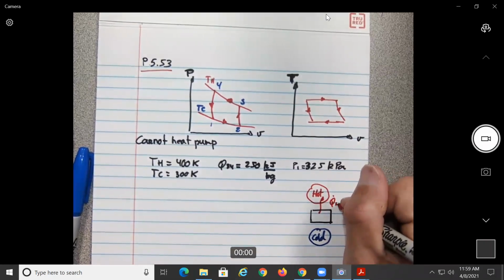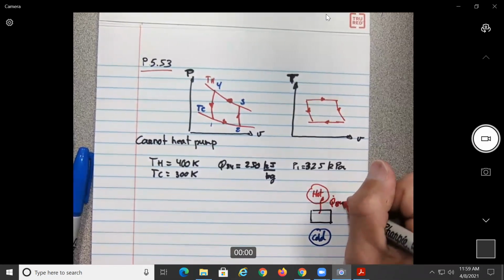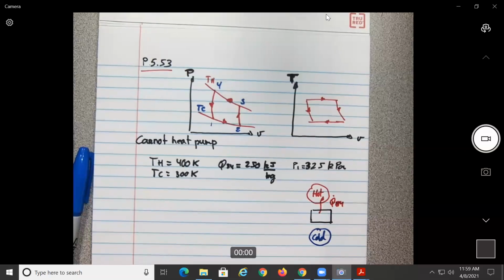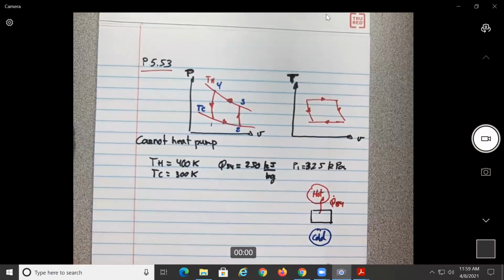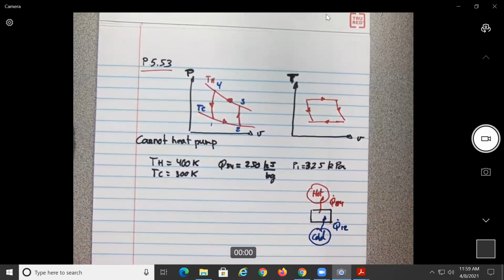To remove heat, no? This will be Q hot, this will be Q34. And now this one here, so the heat goes in that direction. This should be what? Q12. And in order to have a heat pump, you need to provide